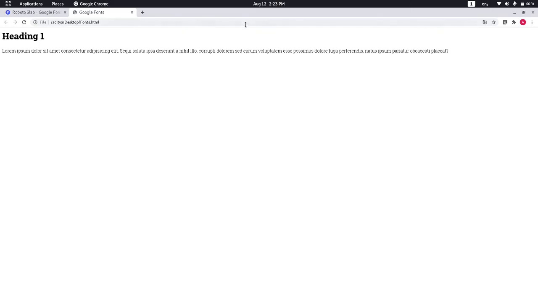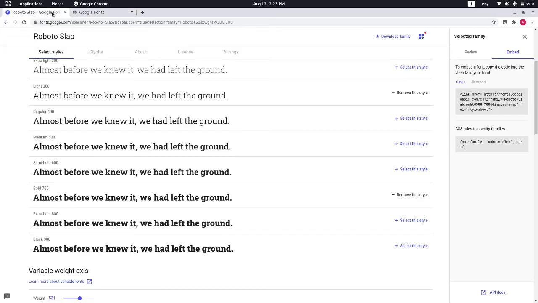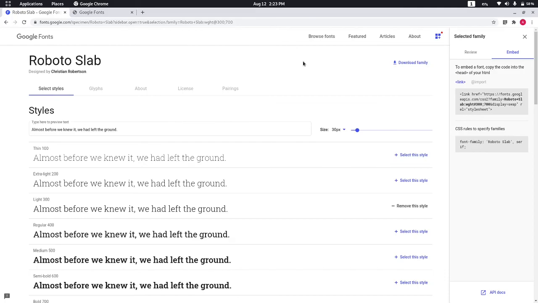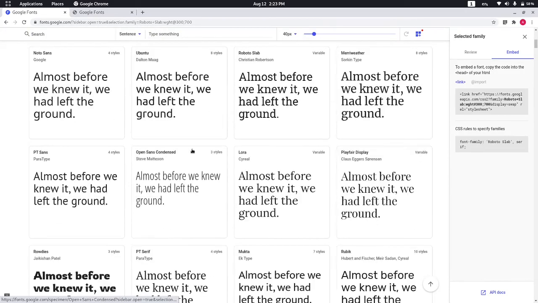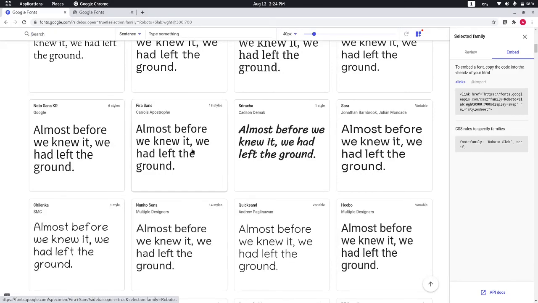Okay, so as you can see, both the paragraph and the heading are in the Roboto Slab font, and this is a bolder one and this is a very light one. So this is how you apply Google Fonts to any of your custom web pages. You have thousands of families over here, you can select any one of them and use it for your website.